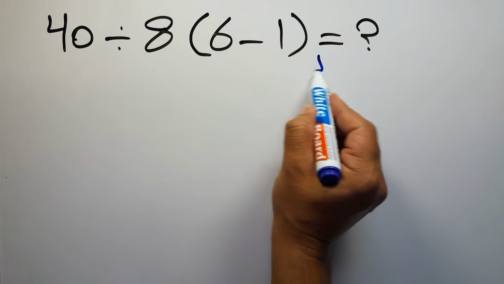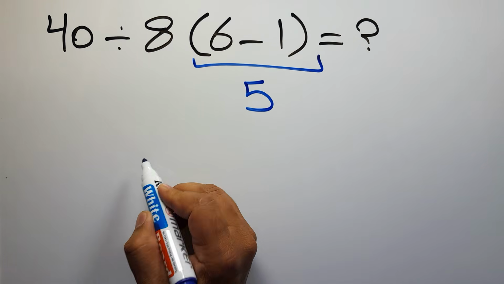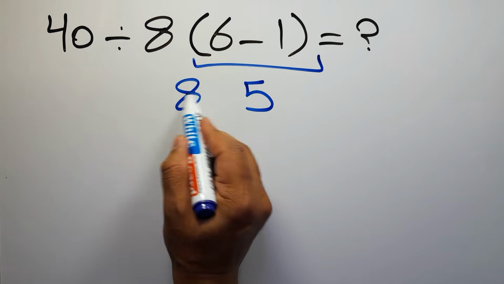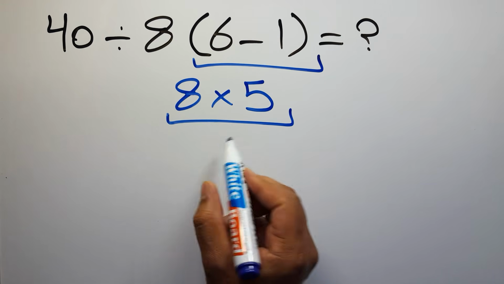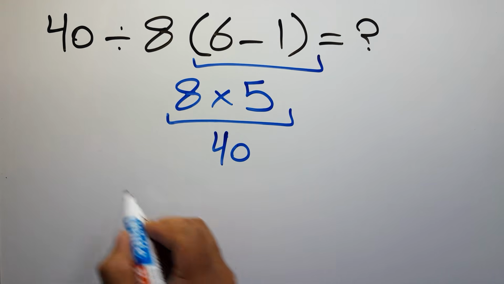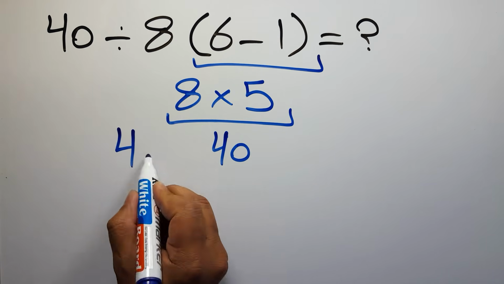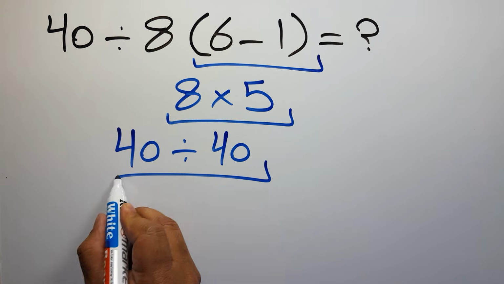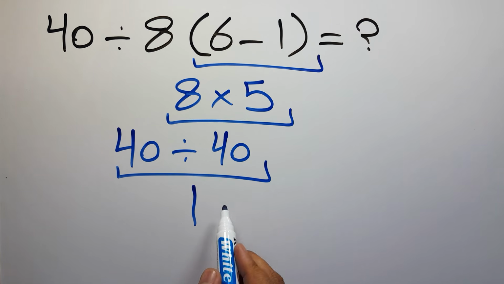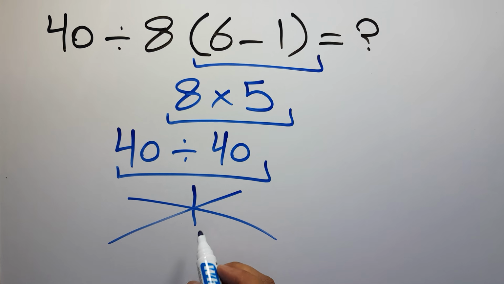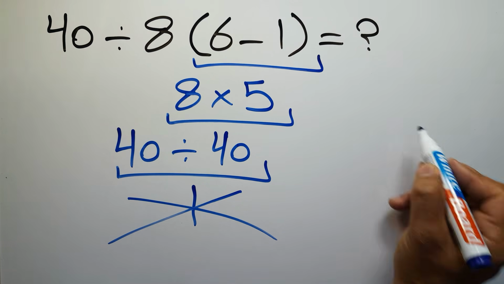6 minus 1 gives us 5. And 8 times 5 equals 40. So 40 divided by 40 gives us 1. But this answer is not correct, because according to the order of operations, which is PEMDAS,